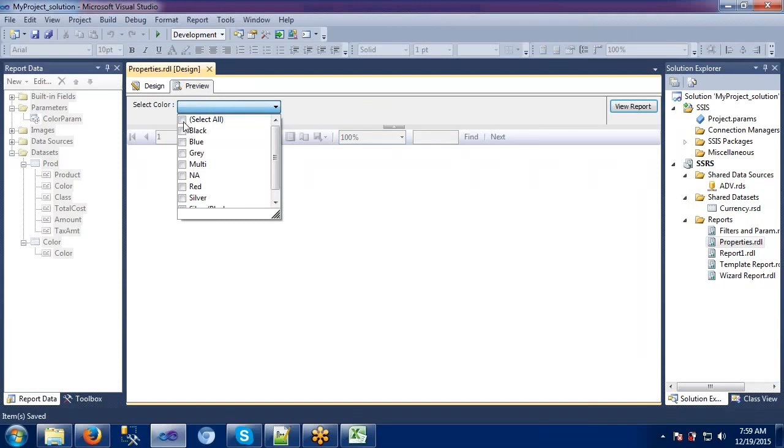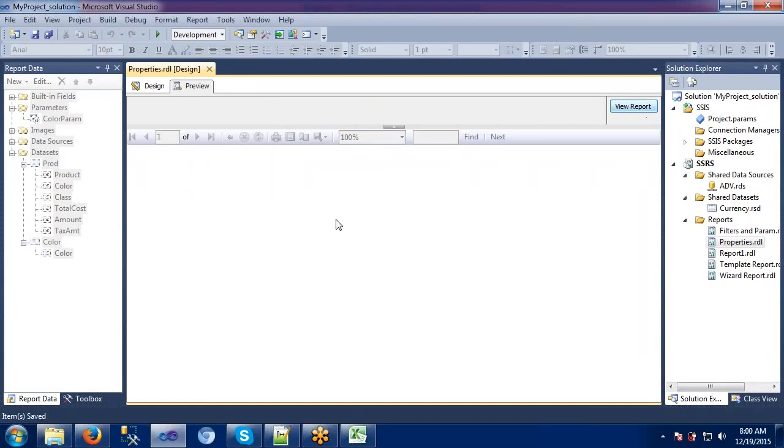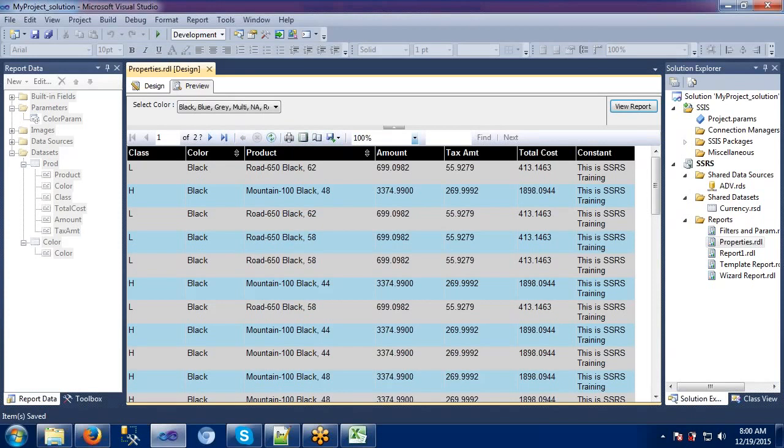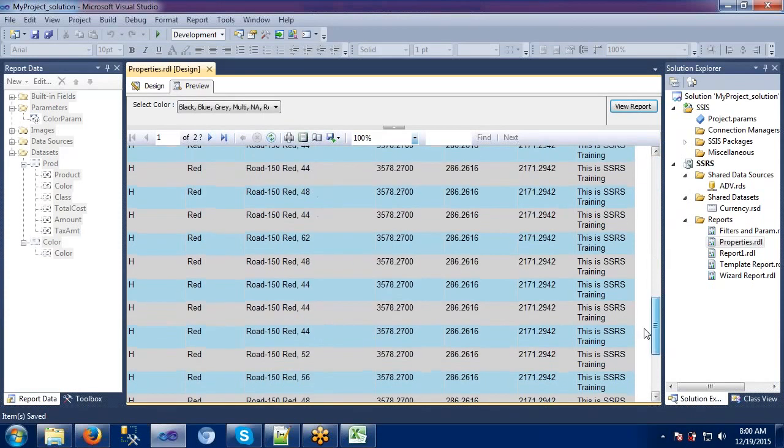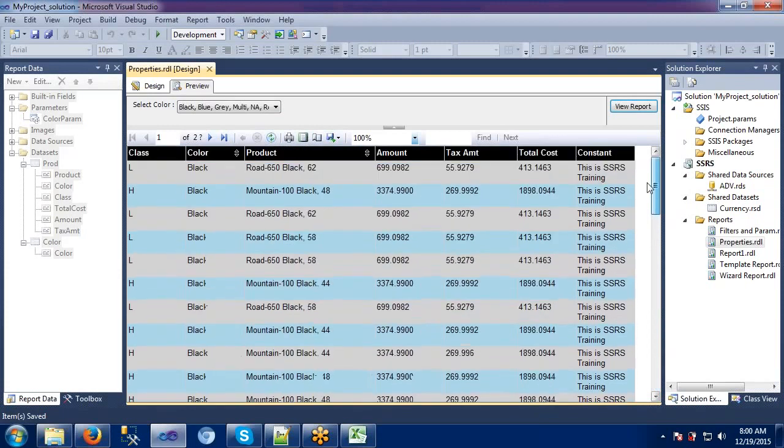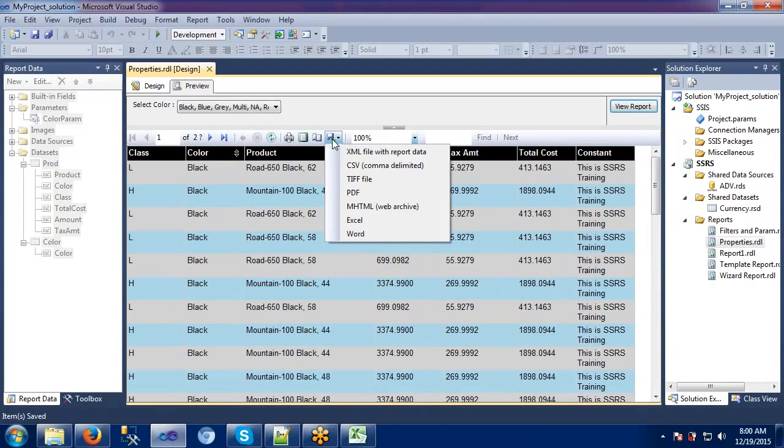Okay, let's select a few colors here. Just execute this one. So we have got some records, I guess. That's why we have selected top dozen, right? That's why it is giving only a few colors. But don't worry, these are the records which we are using, by using the select and the parameters. Okay, once again I am trying to export this one.